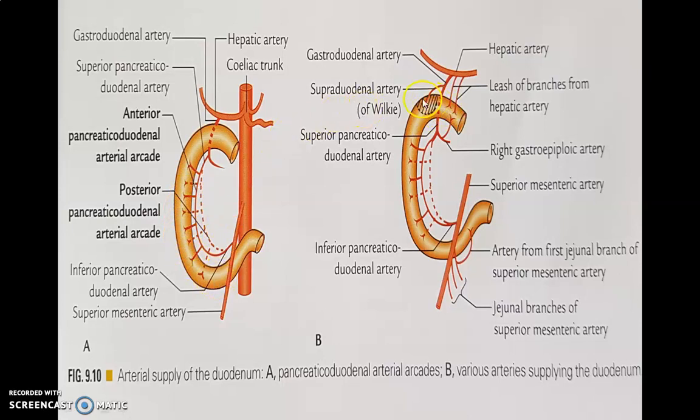Now the first part of duodenum has additional supply by the supraduodenal artery, a branch of the gastroduodenal artery, the infraduodenal artery, also a branch of the gastroduodenal artery, and the retroduodenal artery, which is a branch of the right gastroepiploic artery. Along with that, a few branches from the hepatic artery and the gastric artery additionally supply the first part of duodenum. The peculiarity of these branches is that they are end arteries. That's why they get more complicated when there is a peptic ulcer, which is more prone in the first part of the duodenum.